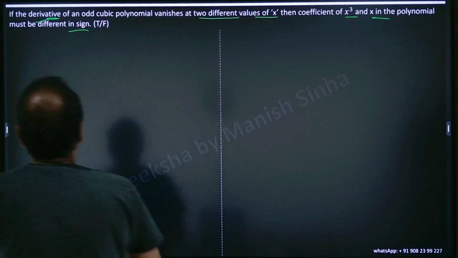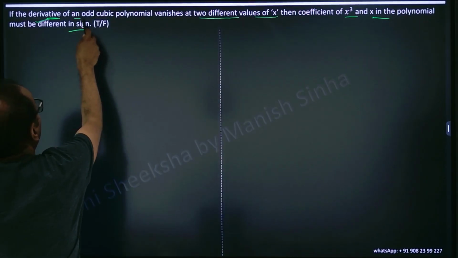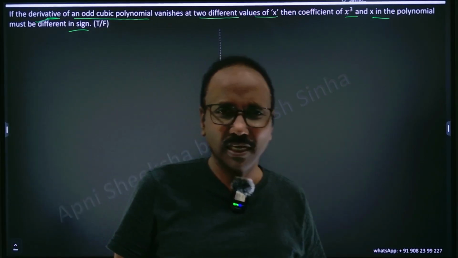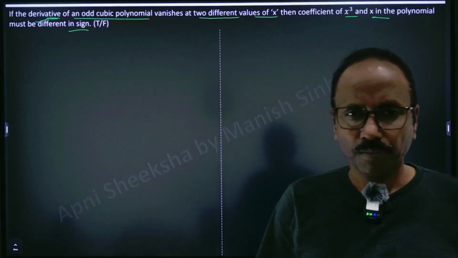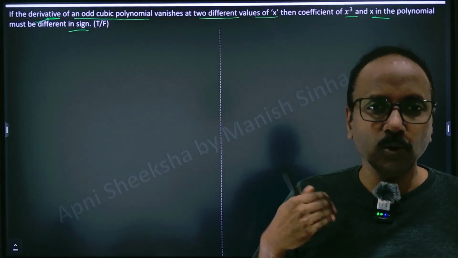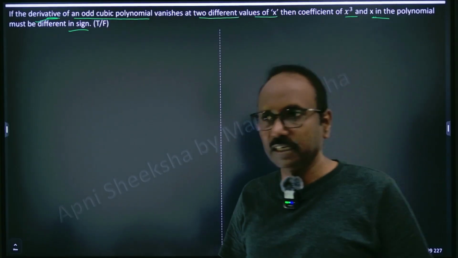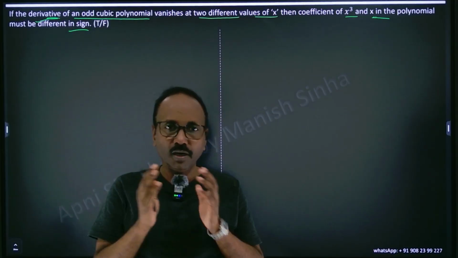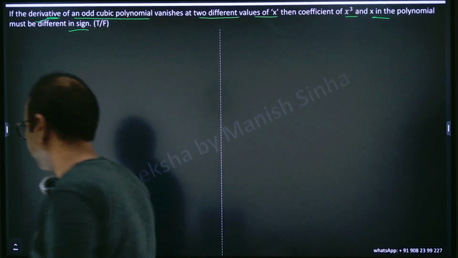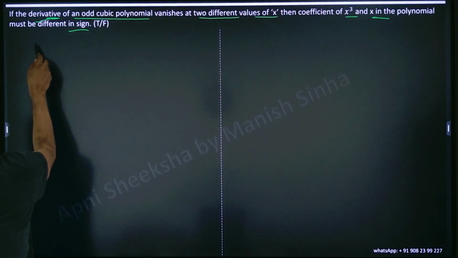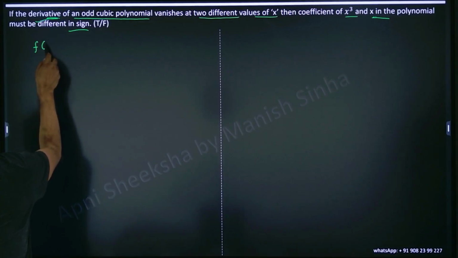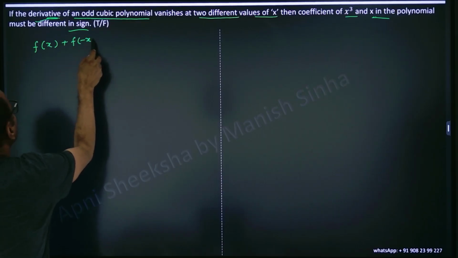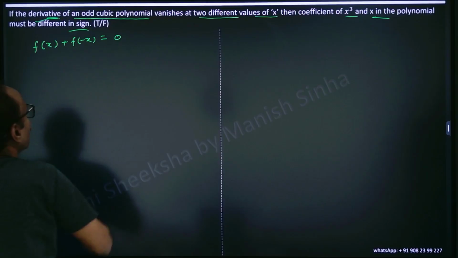First thing is odd cubic polynomial. So what is an odd cubic polynomial? Since it is saying cubic, it should be of degree 3, right? And it is an odd cubic polynomial, which means f(x) plus f(-x) should be equal to 0,